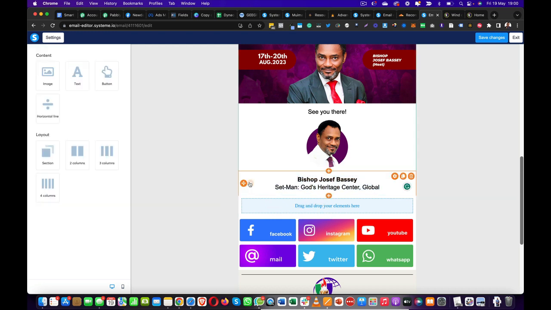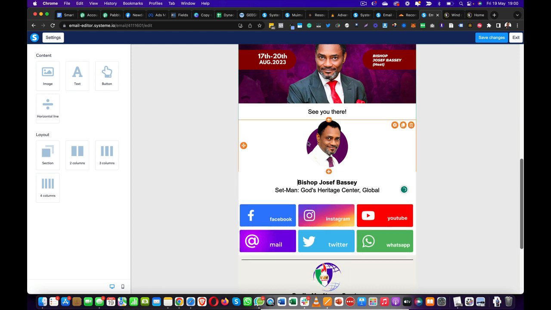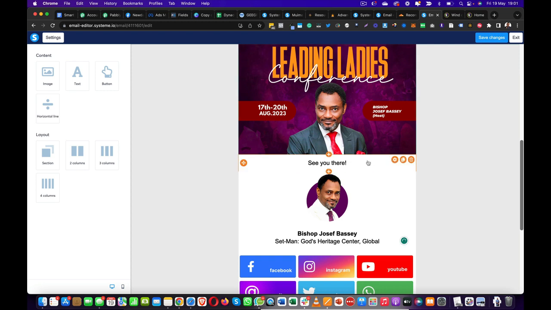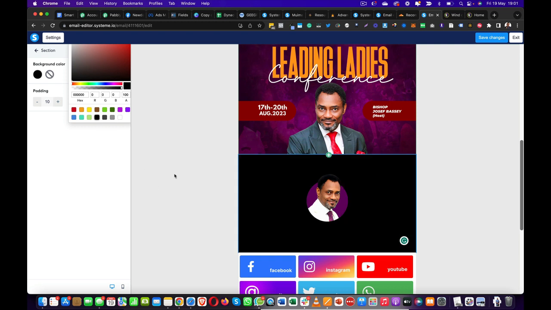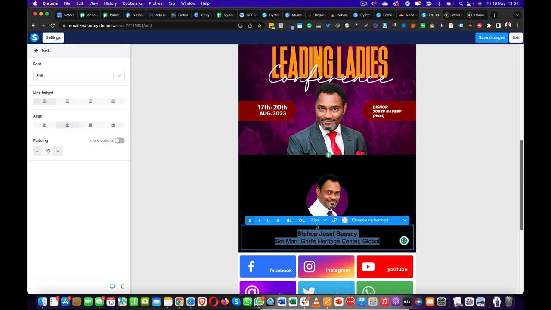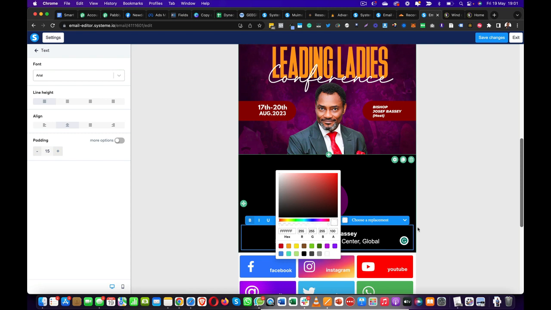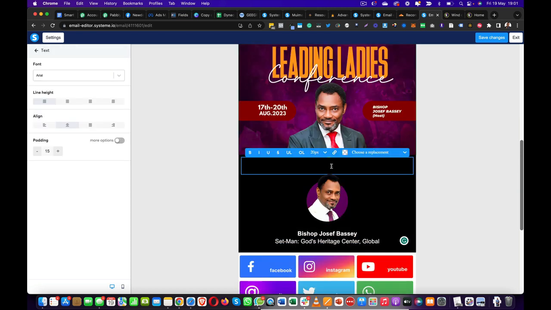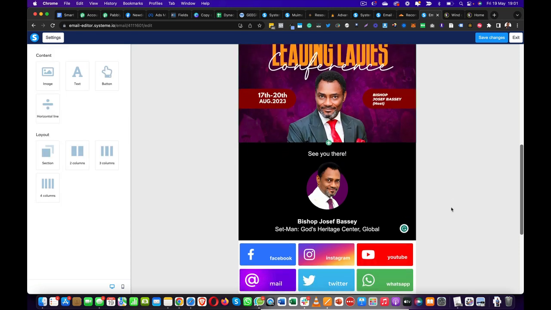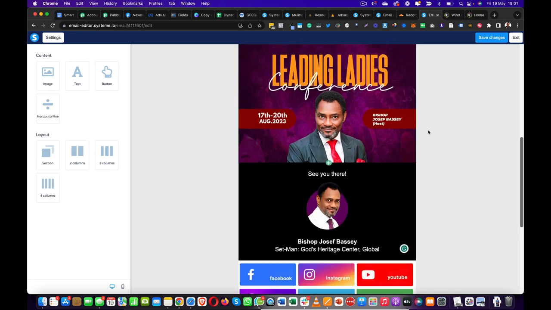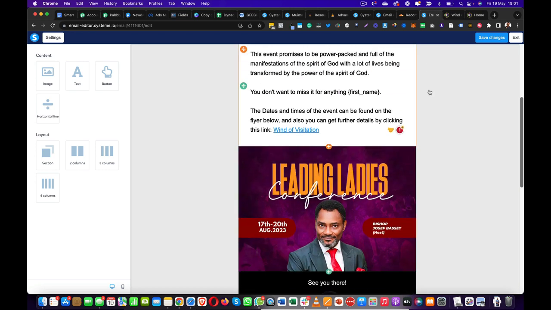In case you wanted to do a little bit more complex movements, you can take this, put bishop here, and also even this, I can now put it here, and then I'm going to come here, take this, maybe make it black, just to suit the theme that we are using here. Okay, so this is how you can do some more complex setup. Okay, good. So this is what we have now. All right, so this is the banner, and we have bishops and see you there, and then you can save